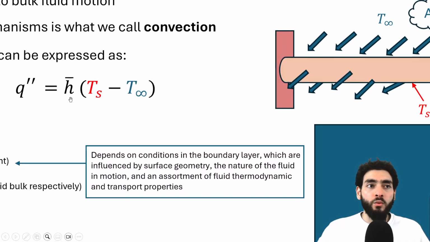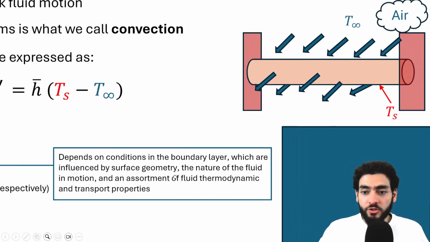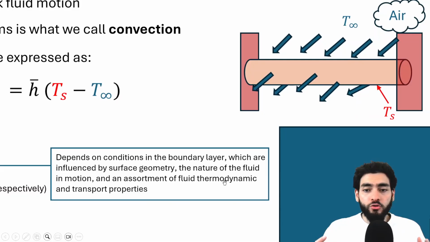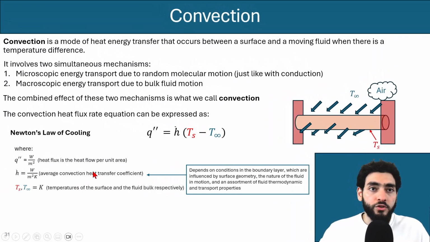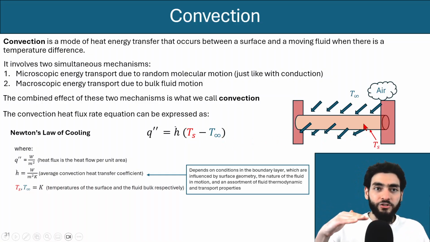But just for now, I want you to know that this convection coefficient depends on conditions in the boundary layer, which are influenced by the surface geometry, the nature of the fluid in motion, and some fluid dynamics and fluid thermodynamic and transport properties that determine what this value for the heat transfer convection coefficient will be. And finally, Ts is the temperature of the surface, and T infinity is the temperature of the fluid that's traveling